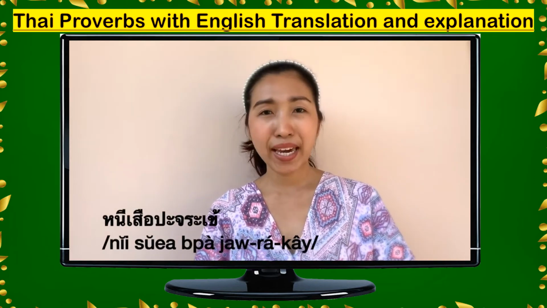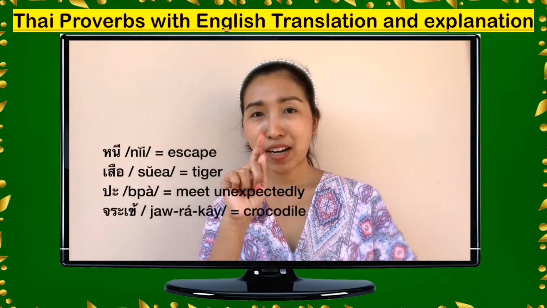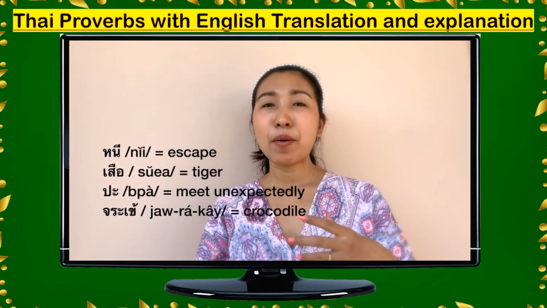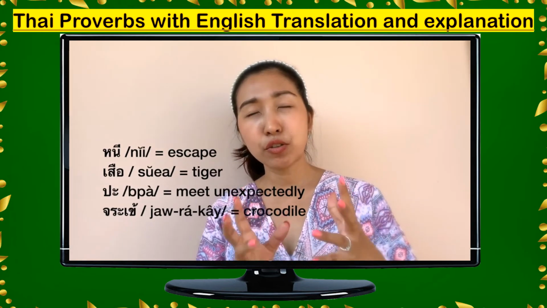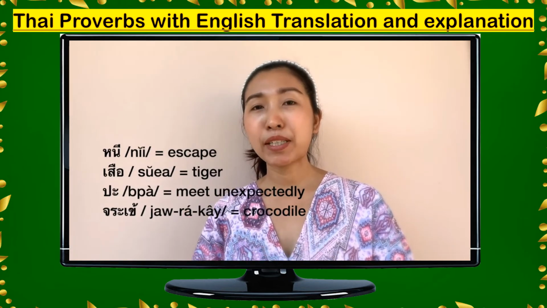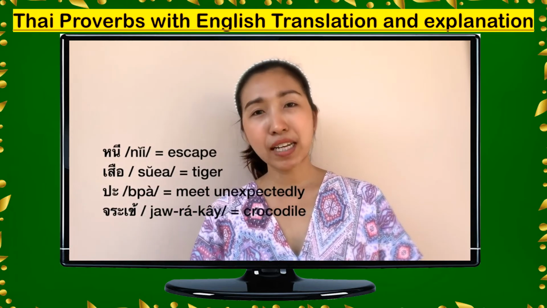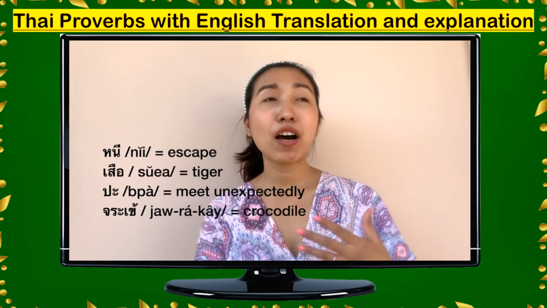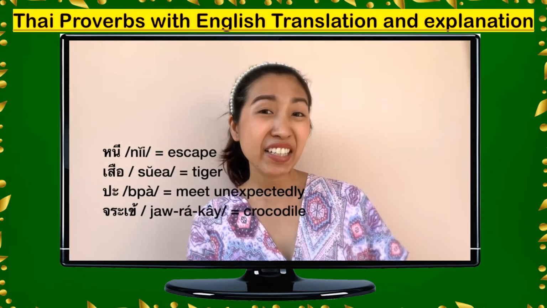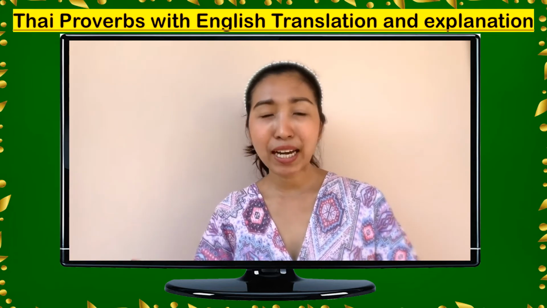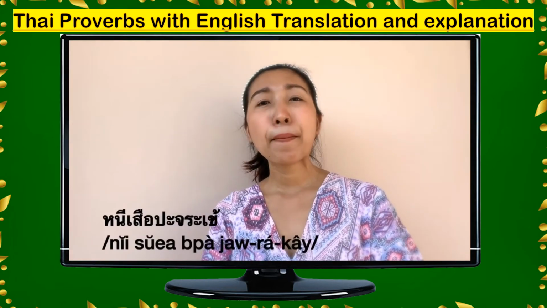is to run away. เสือ, rising tone, that is tiger. ปะ is an old word, so we don't usually use it a lot anymore, but ปะ is like to meet or to face something. And จระเข้ is a crocodile. So basically like you try to run away from the tiger and then you just meet the crocodile. So it's even worse. So in Thai we say หนีเสือปะจระเข้